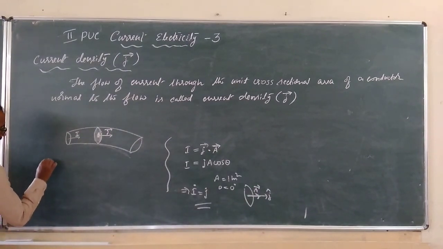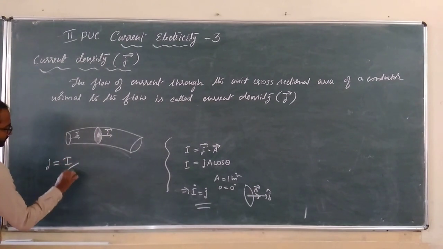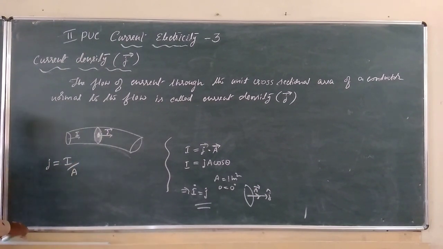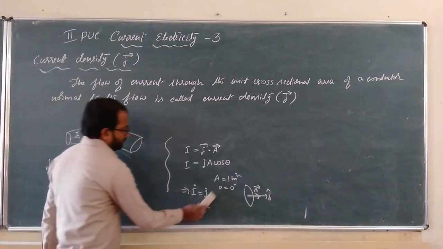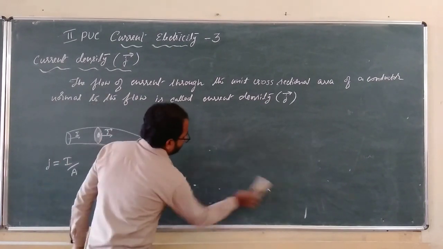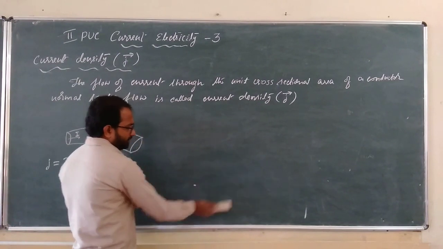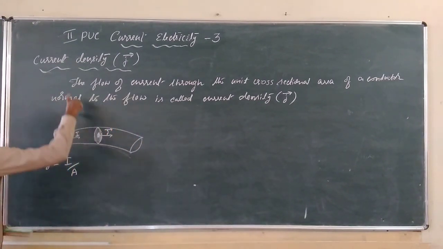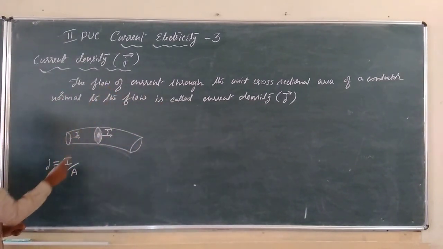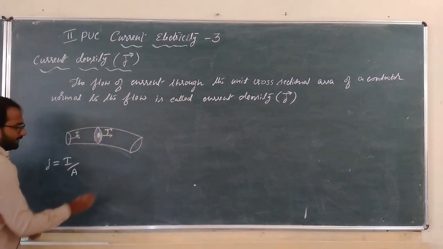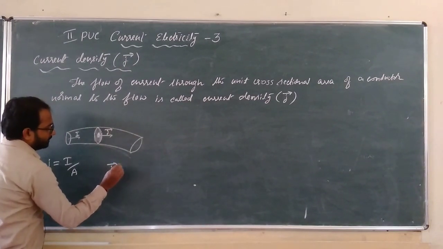So J is equal to I by A. Okay, this part is not in the syllabus. What I am saying is you have to remember the definition of current density, and J is equal to I by A. And please do remember J is a vector quantity,